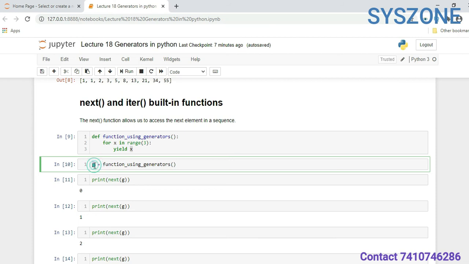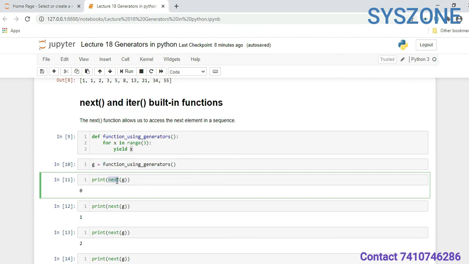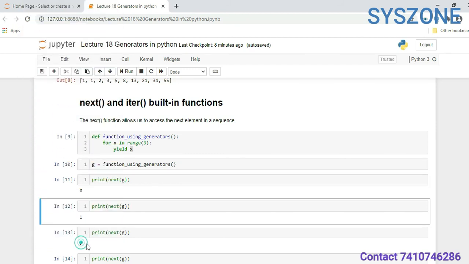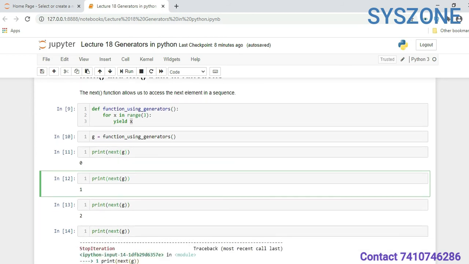So here I am using the next function. When I call next, it will pick the first value. Again when I call it, it picks the next value, like that only. This is happening due to the yield keyword, which treats it as a generator.